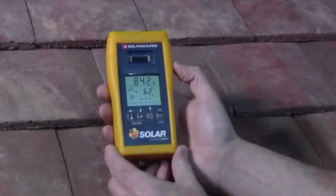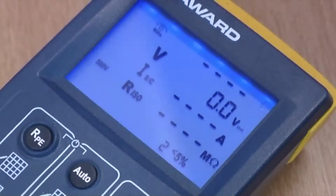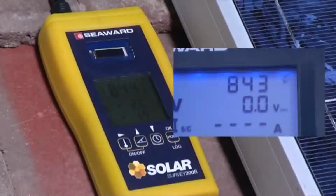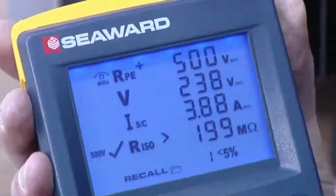This film demonstrates how easy it is to use the Solar PV150 on a PV installation. First, pair the Survey 200R and the PV150 units. This allows us to view real-time irradiance readings on the PV150, display and store irradiance and temperature measurements alongside our